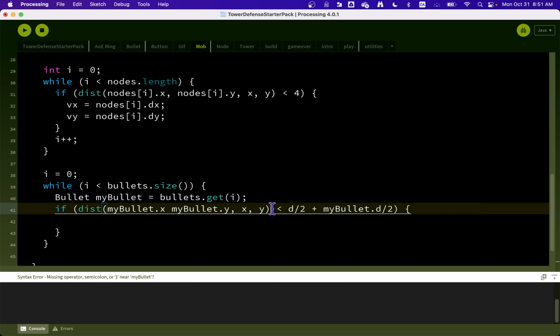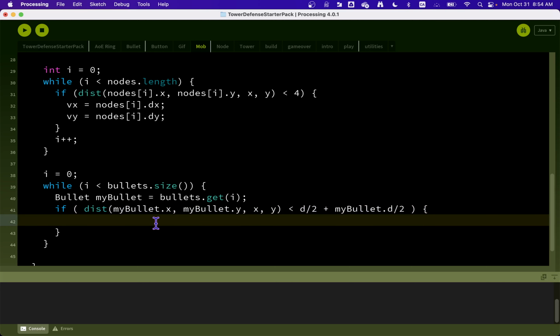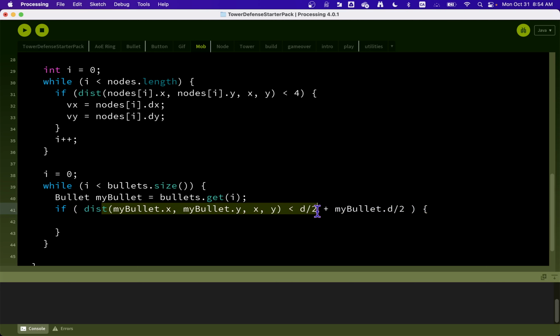I guess I don't see it here. I'm going to pause and come back and we'll see if I find it. Hey, I found it. I'm missing a comma. Ta-da! Silly mistake. So anyways, if our distance between our mob and our bullet is less than